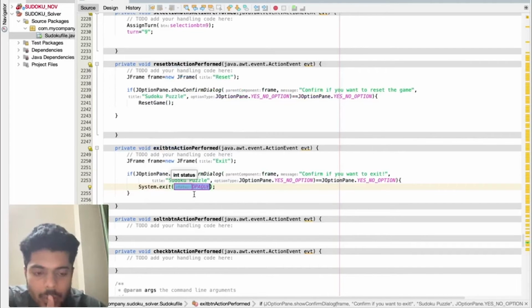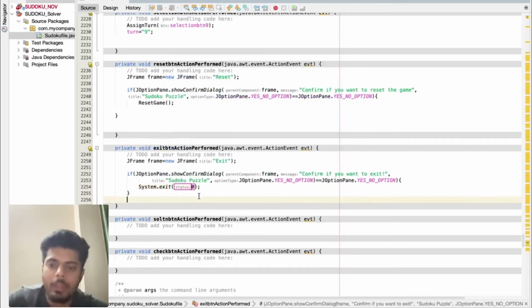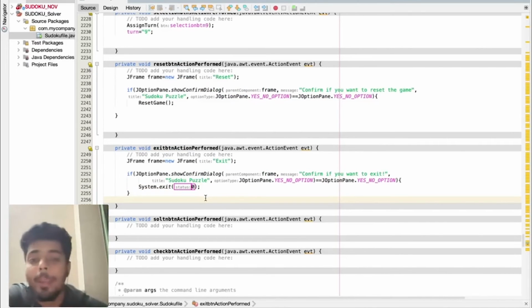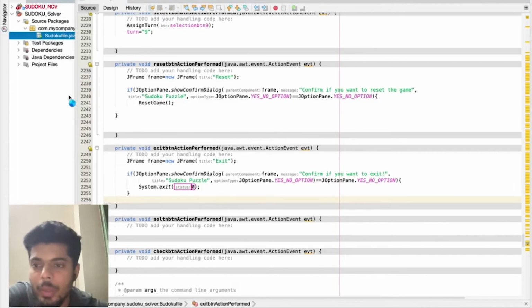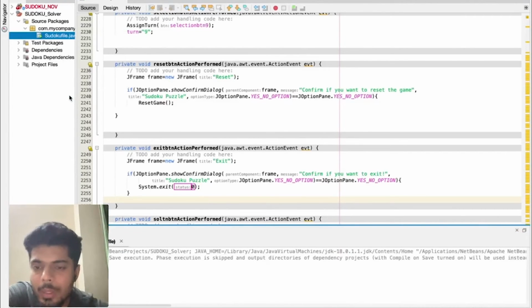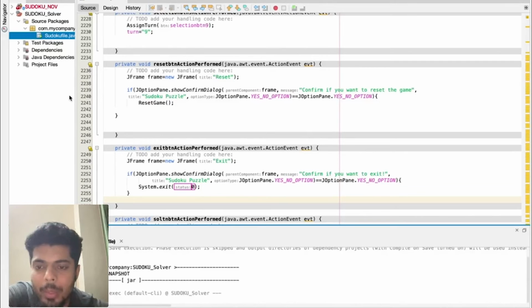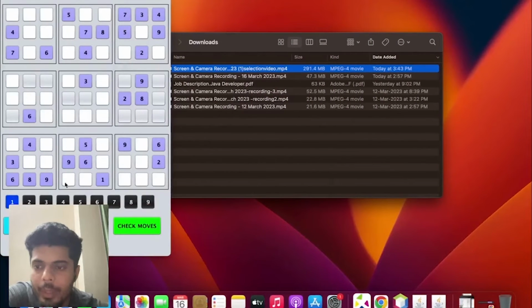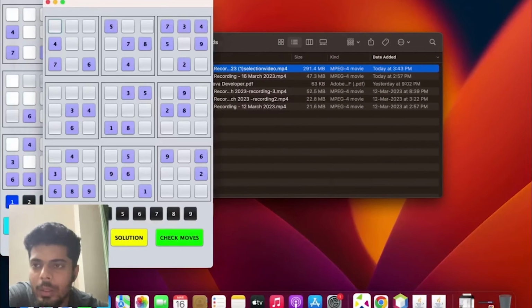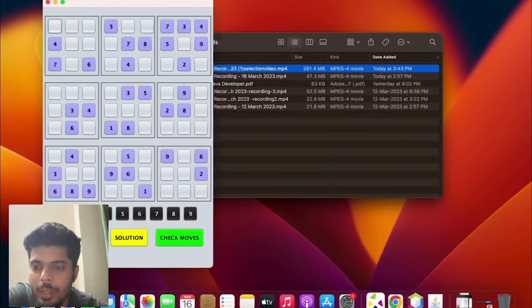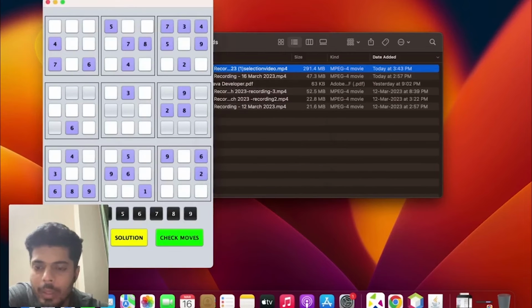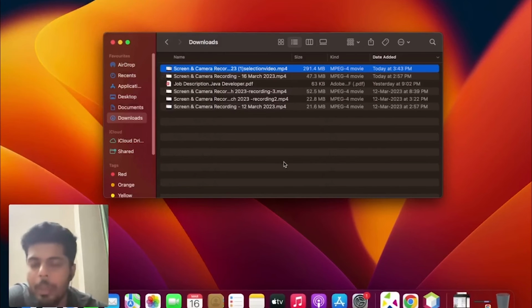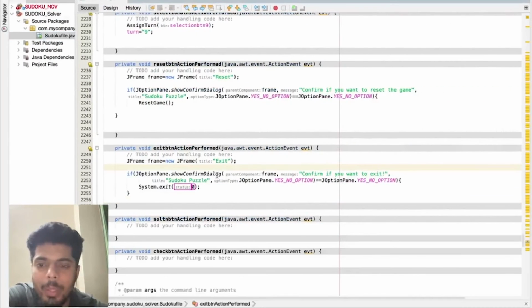So status code should be zero in this case, because they said in case of abrupt termination we get a non-zero value, but of course we are expecting a value zero here. So this is the simple execution. This is a simple code for our exit button. Let's see how the exit button works. Let me do the reset. Yes, I want to do the reset. Exit. No. Exit. Yes. A very simple execution. A very simple code.